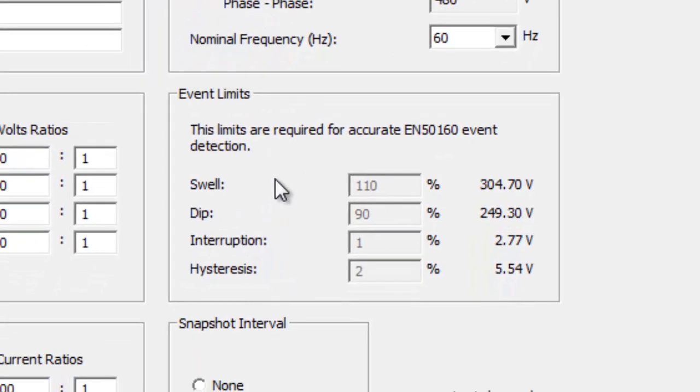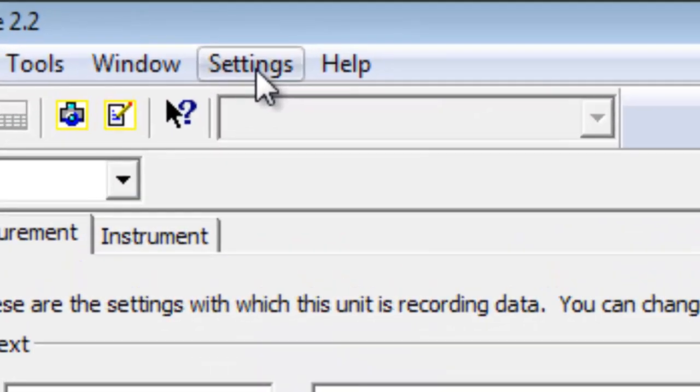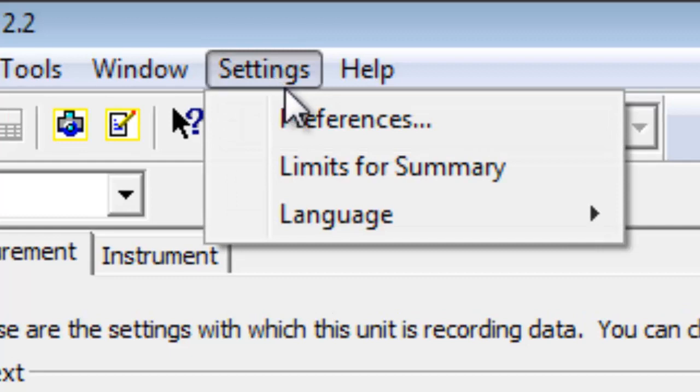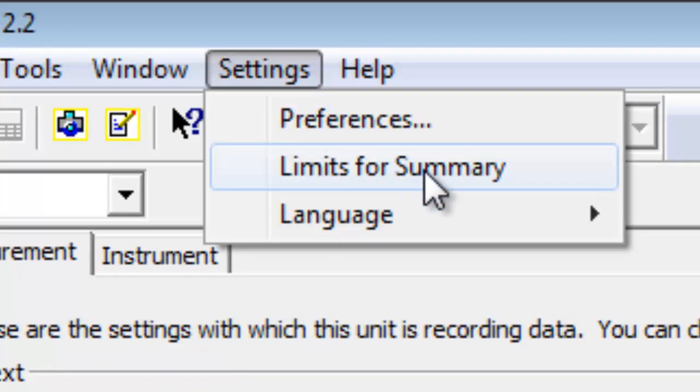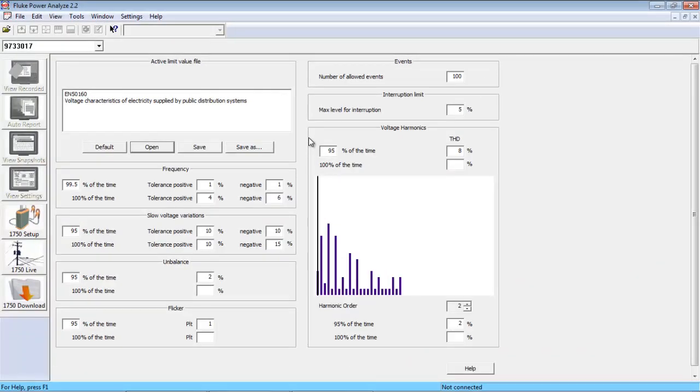The next section here summarizes the settings for the event limits, which are basically tied to the summary screen. Now these are grayed out because these are actually set from another screen located under settings. So if I come up to the top toolbar and click on Settings and go to Limits for Summary, it then will bring up a whole other screen that allows me to set all the thresholds that are used in